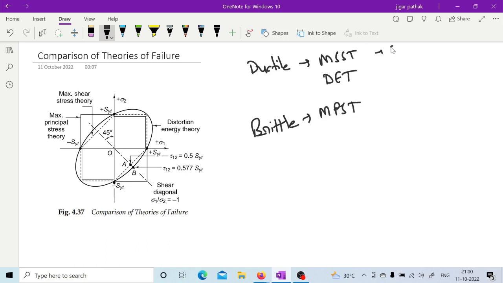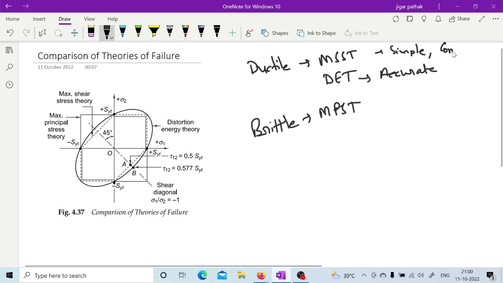MSST is simple, while DET is more accurate. The distortion energy theory is more accurate in comparison to MSST, and MSST is conservative in comparison to it,